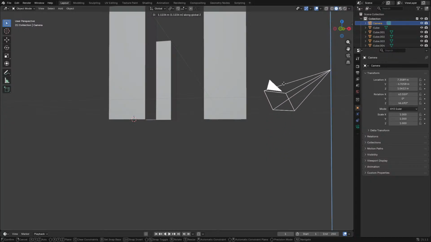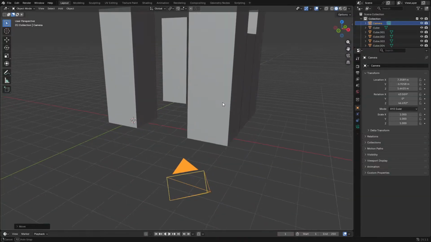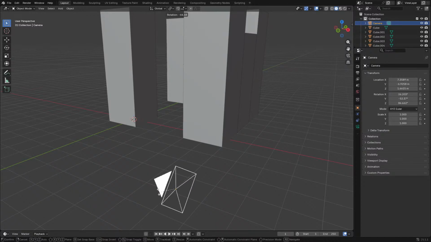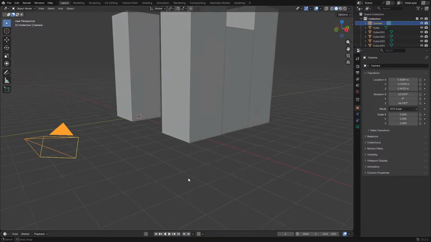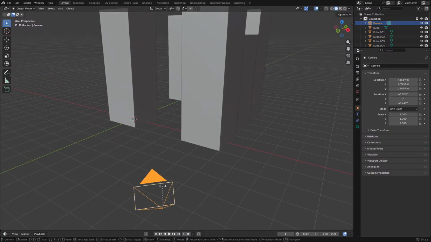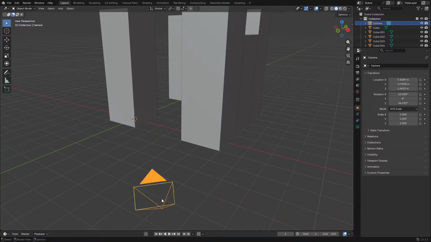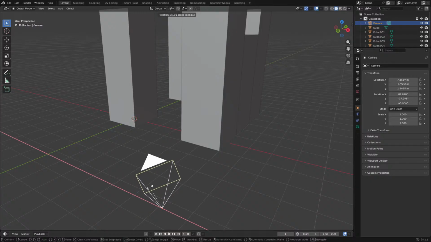Let's see. R. Huh. Oh, perfect. Thanks. R, C, X, Y.